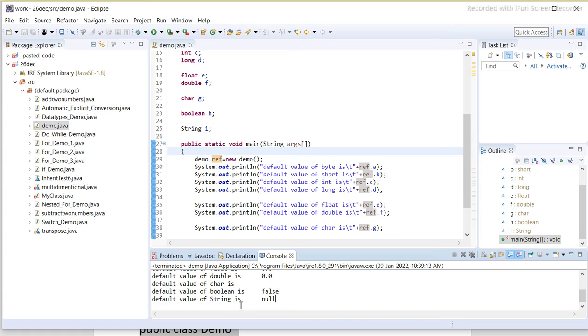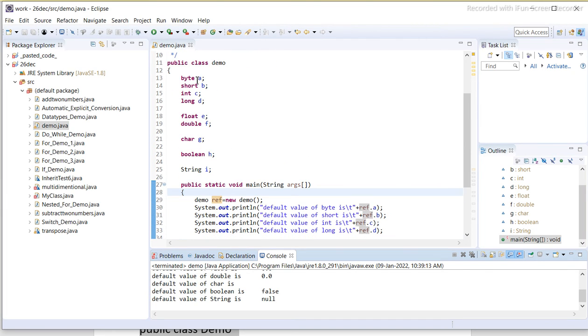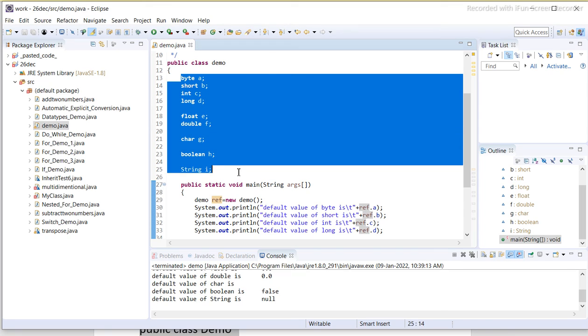Now the default value of String is null. String means it is like a word, so the default value is null. So this is our program for finding the default values of these data types.